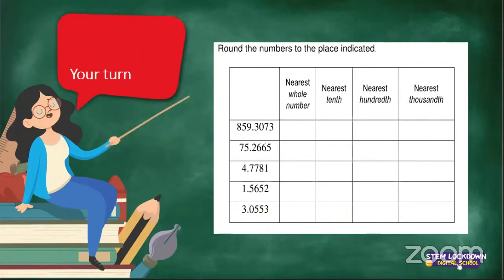4.78. That's correct. 4.78. The last column. What is the last column? Nearest thousand. The last column. Can we round off that one? Correct. It is 4.778. Right. Now we're moving on to